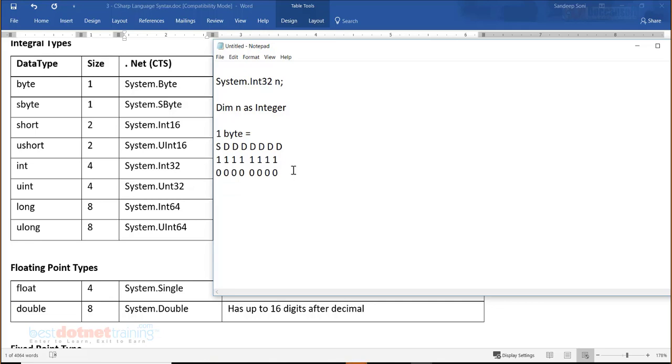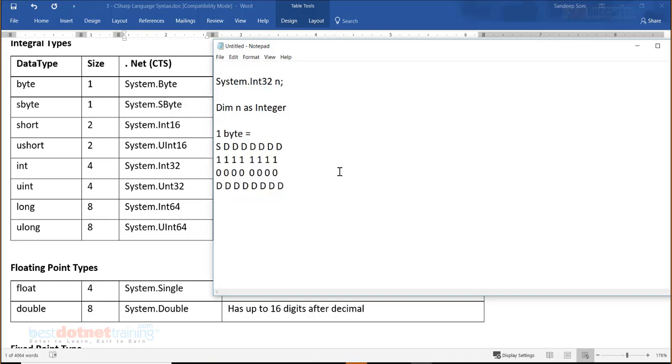In unsigned, all are data bits, including this one. All are data bits in unsigned. So in unsigned, if I take all as data bits, can I take 0 as the minimum value? Yes. And of course, what will be the maximum value? All ones will be the maximum value. I'm talking about all data bits, that is unsigned.